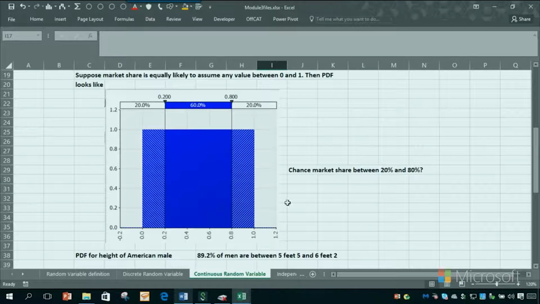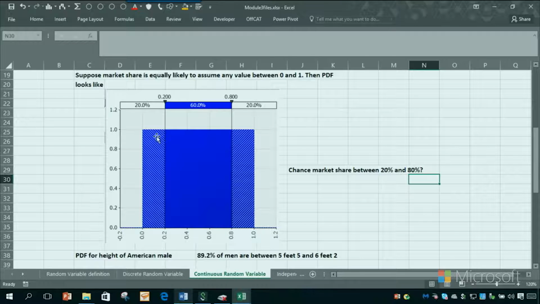And probability is area. So what would be the chance your market share is between 20% and 80%? You would take the area under this rectangle between 20% and 80%, and that would be 0.6, or 60% area, because the base would be 0.6 and the height would be 1, and the area of a rectangle is base